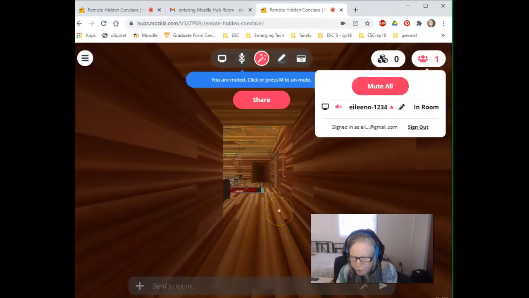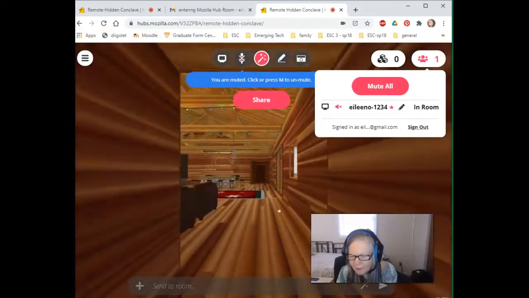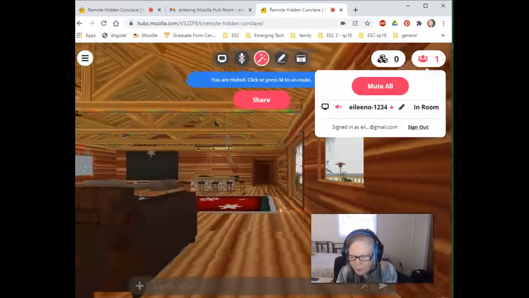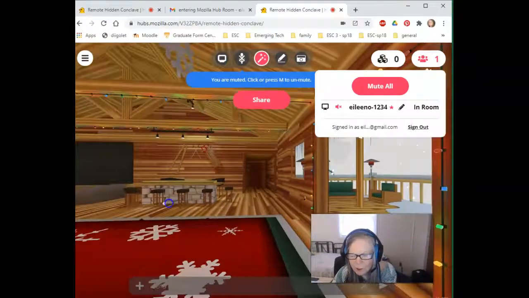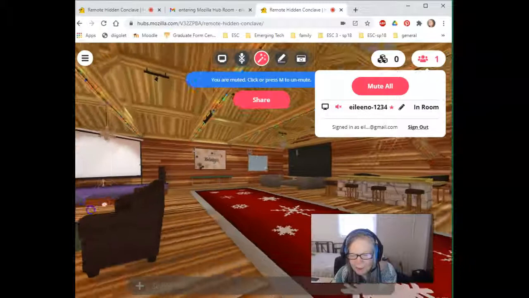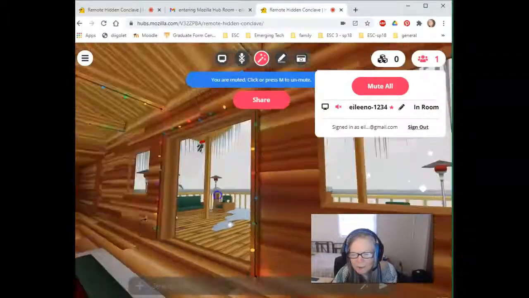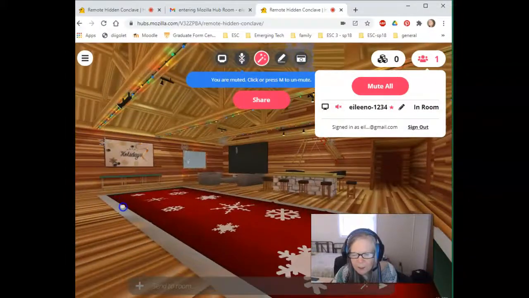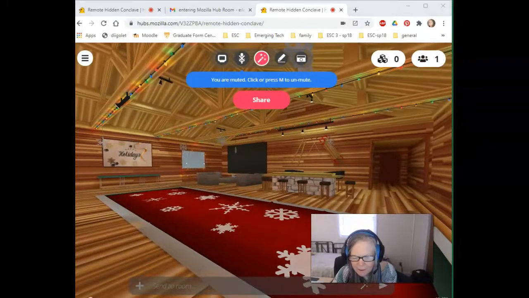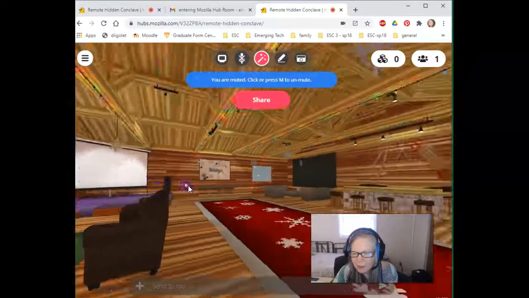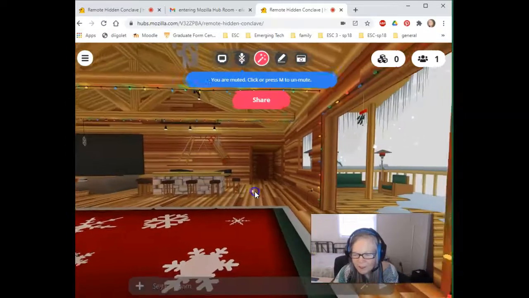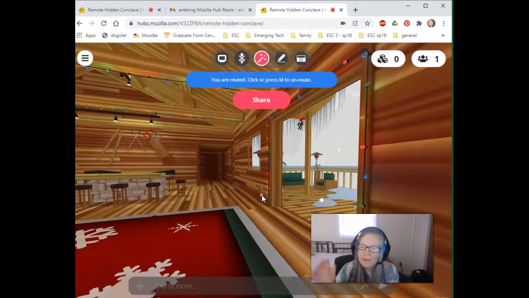I'm back into the room, and I'm using the arrows on my keyboard, and I'm on a PC, and I'm moving into the room. Now I'm going to left click and drag, which is another way to get a view of what you're going to be able to do and see. The room will be extremely different based on what you've been invited to. This is a nice winter scene, and so have fun in whatever room you're invited to,